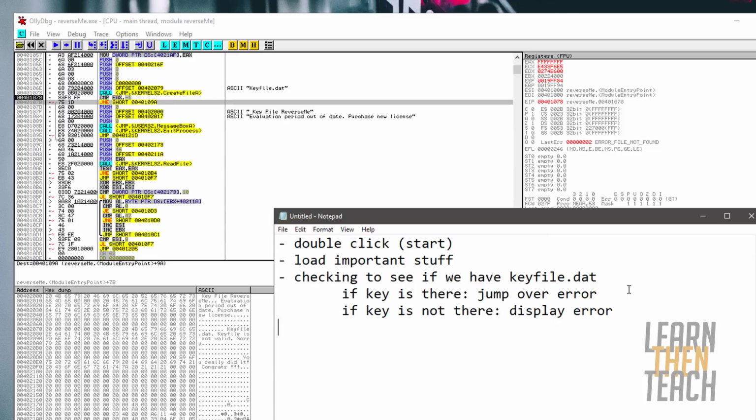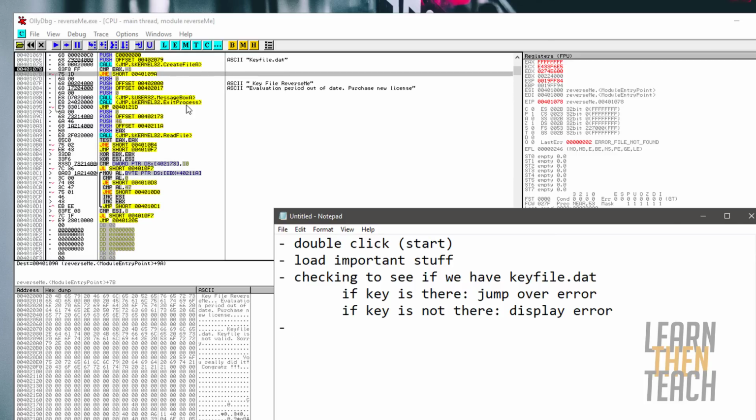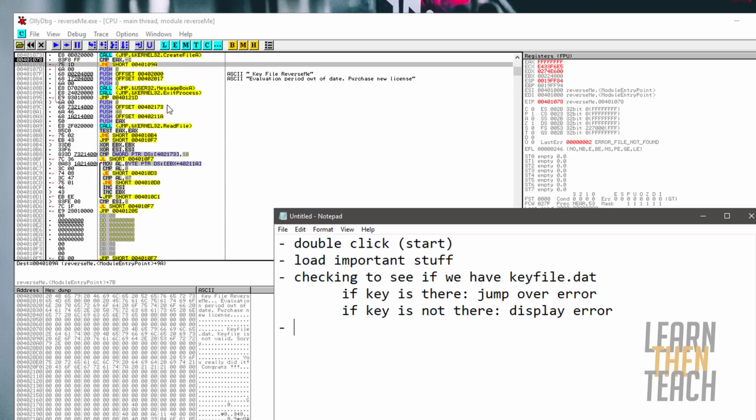display error. And then if we scroll down and see what else is going on, you see once it outputs the error, it's going to exit the process. So this basically means we're done. That's as far as we're going to get if we don't have that key file. So if we look past this, we can see that it's going to read the file,